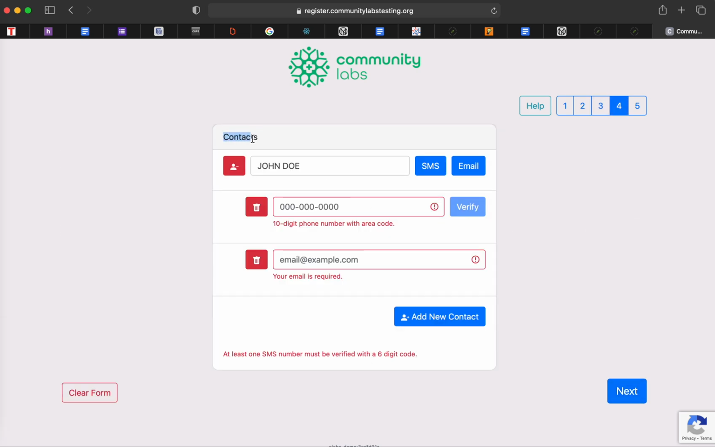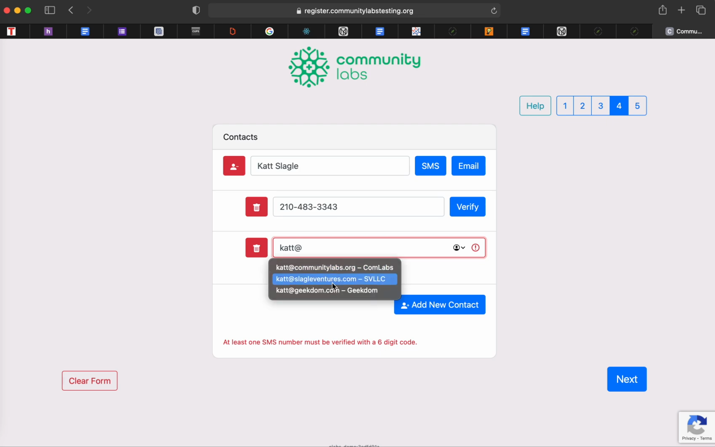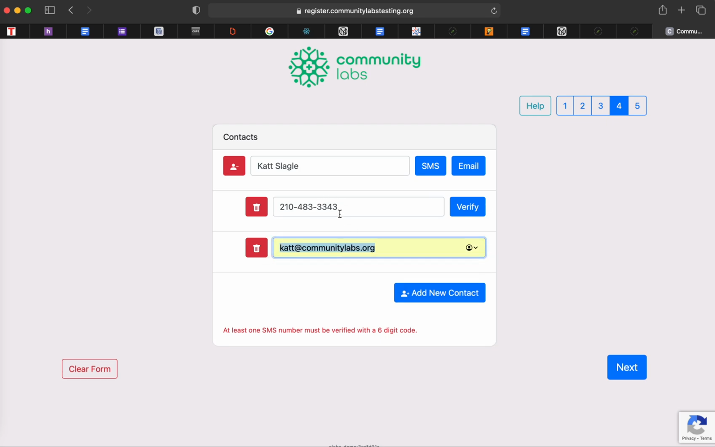So contacts are actually going to be for individuals who would like to have results. So for example, John Doe is my child and he does not have a phone. So I'm going to go ahead and change this to my name as the parent. And I will put my telephone number, 483-3343, and my email address, because I would like to have it both sent to my telephone number and my